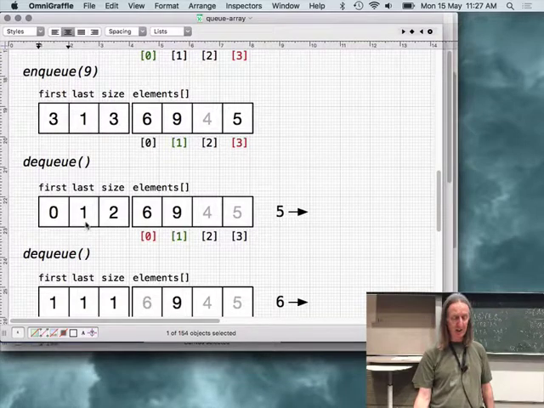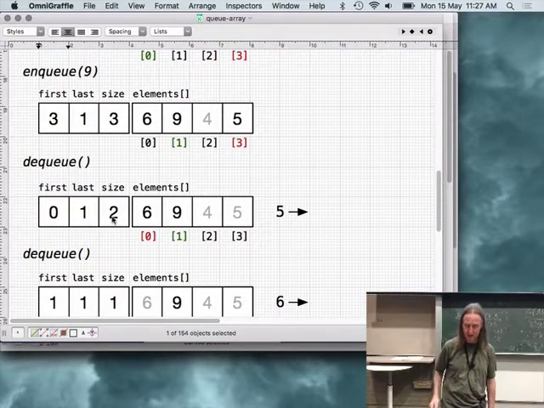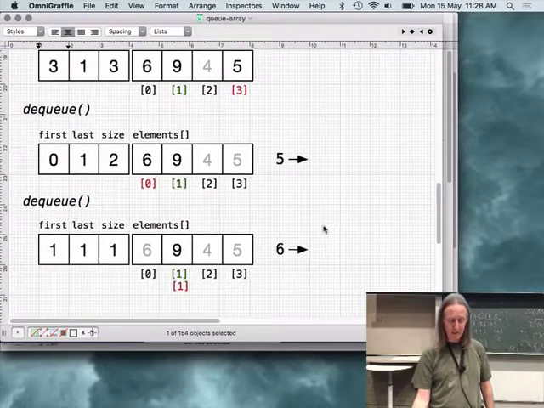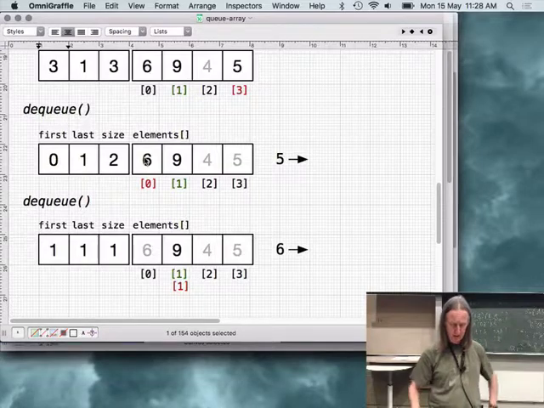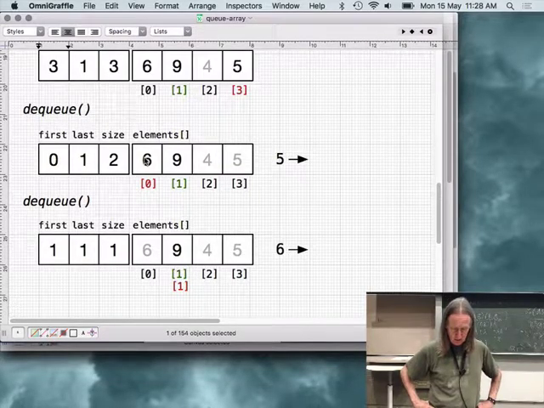Last didn't change because dequeue doesn't affect the tail, and the size has gone down by 1. If we dequeue again, then we take out... Did I take out the wrong thing?